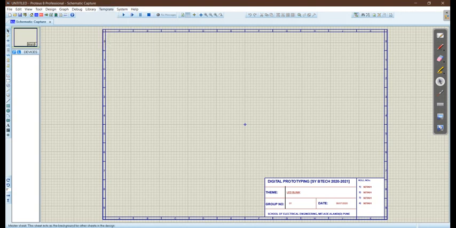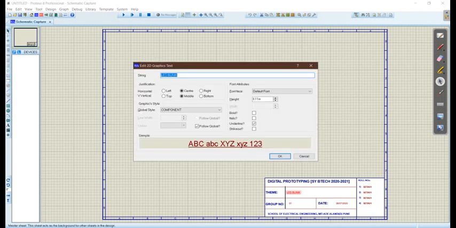Once you click on go to master sheet, all these fields will be available for you to edit. But keep in mind, please don't edit the subject name or anything else. You should edit only the theme sentence, whatever the theme or problem statement is. Just double click on it and write your theme over here.